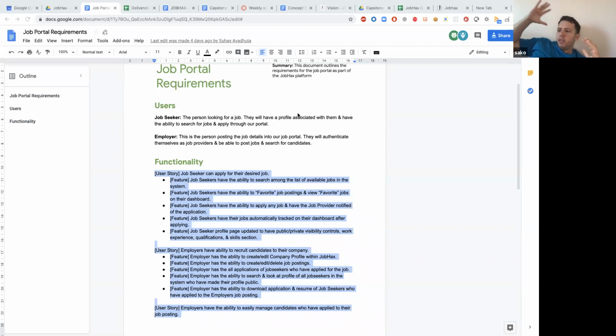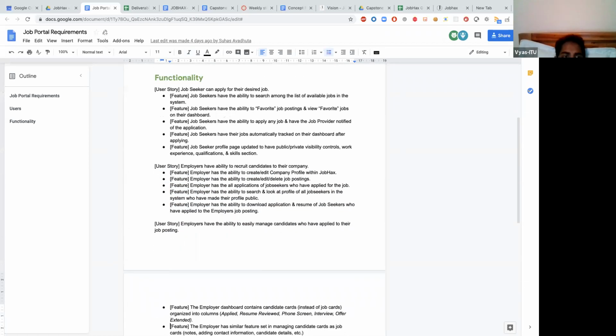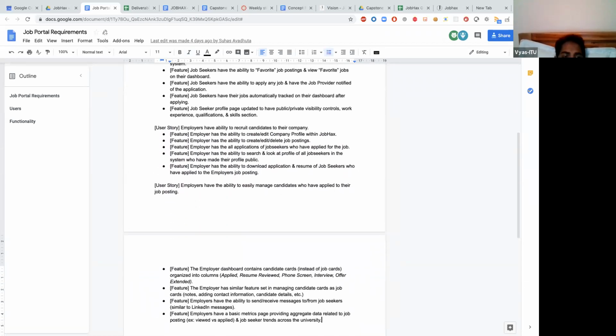So I would say, what do you think, guys? Should we be on the company side, or should we also be on the university side, or should we be on both sides? No, see, that's what I'm saying. If you treat school and college as a different entity, then you should. If it doesn't make any difference, it's just posting a job and finding a job, I think anything should be fine.